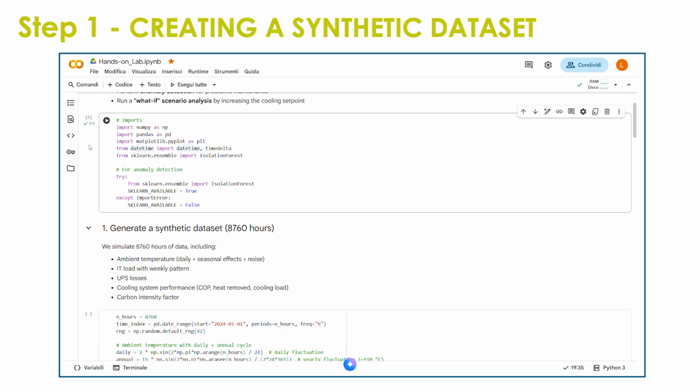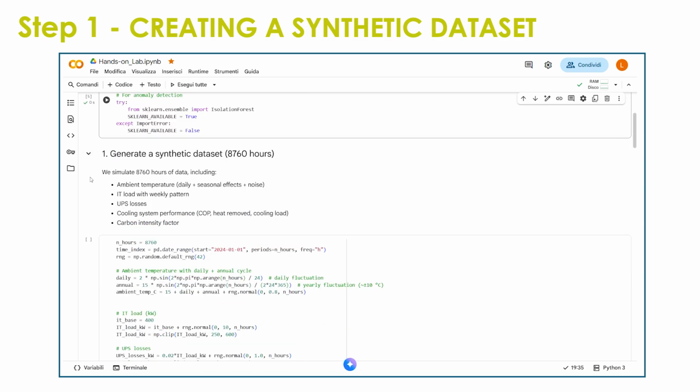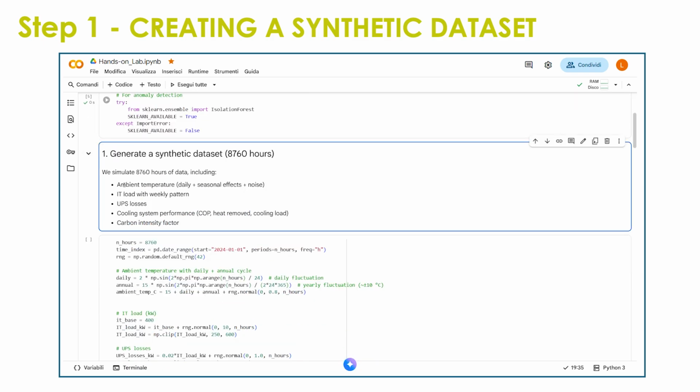So we move to the first step of this hands-on lab, in which we want to create a synthetic dataset that covers a full year. So we have to generate 8,760 hours of observation. Here we simulate different variables, including ambient temperature, the IT load with weekly patterns, UPS losses, cooling system performance